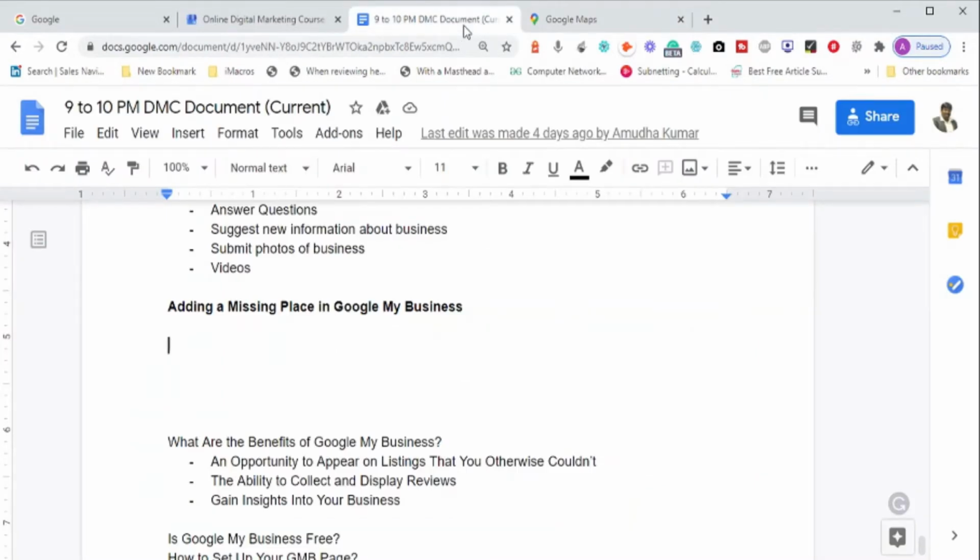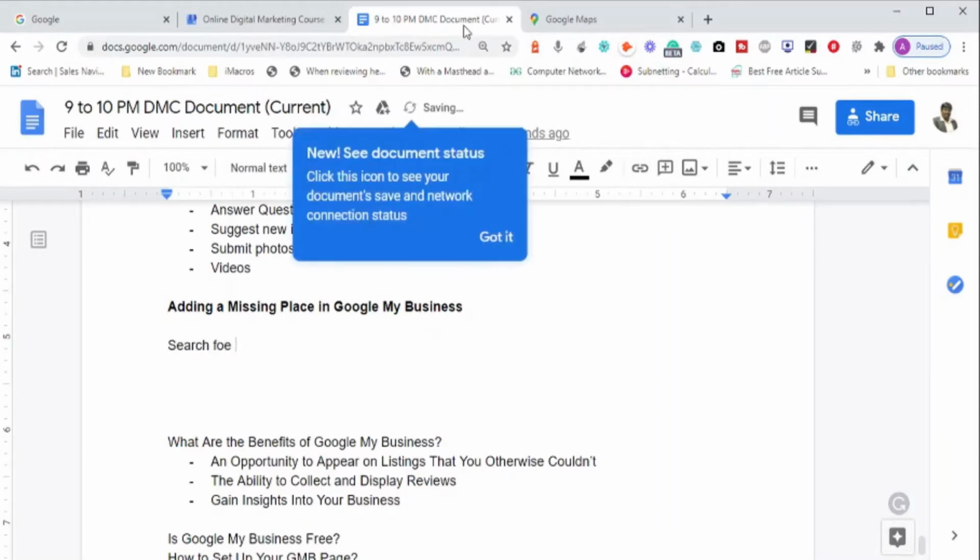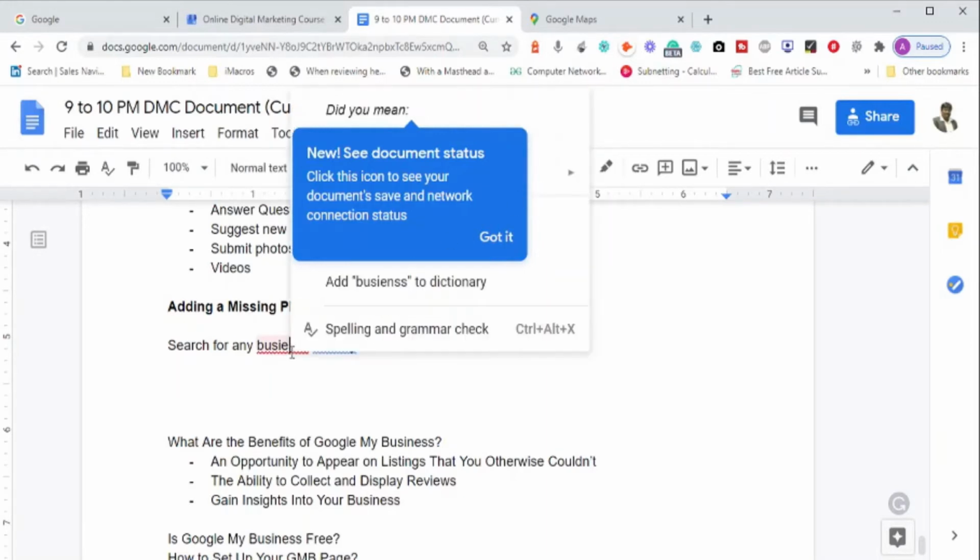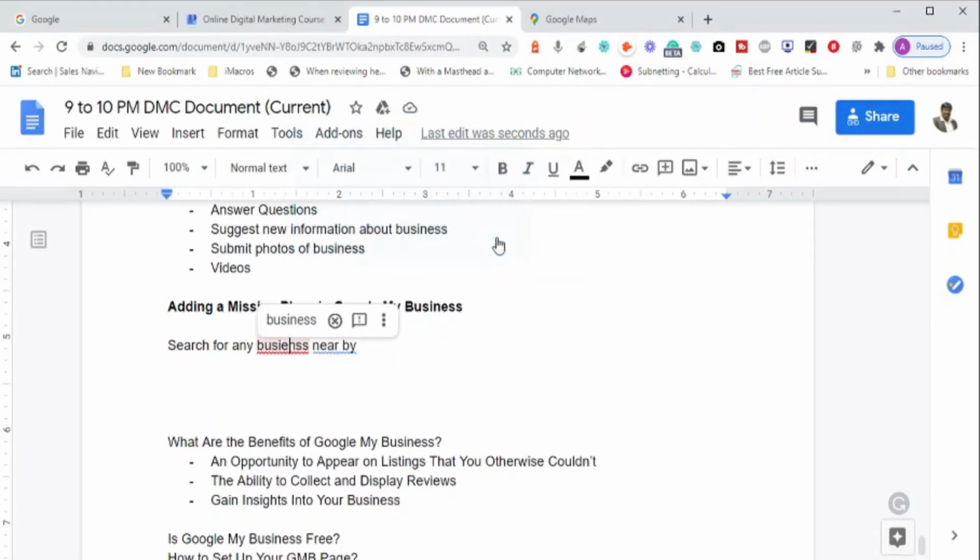So all you need to do is search for any business nearby, any business that is near your location. That's the basic one. Explore and look for the option to add a missing business.